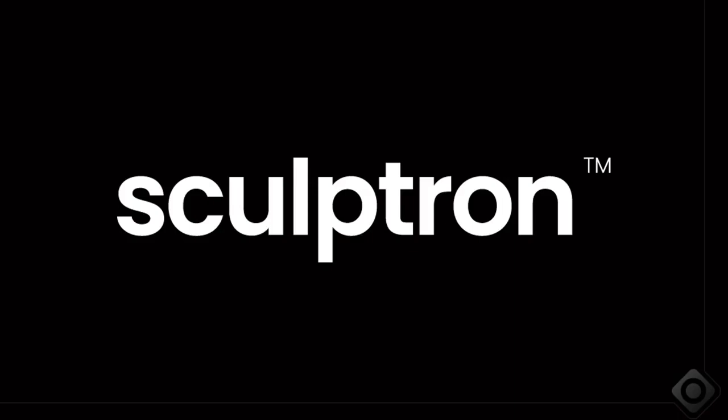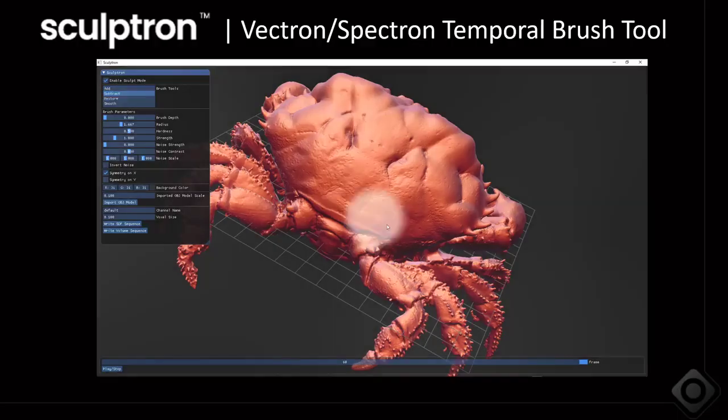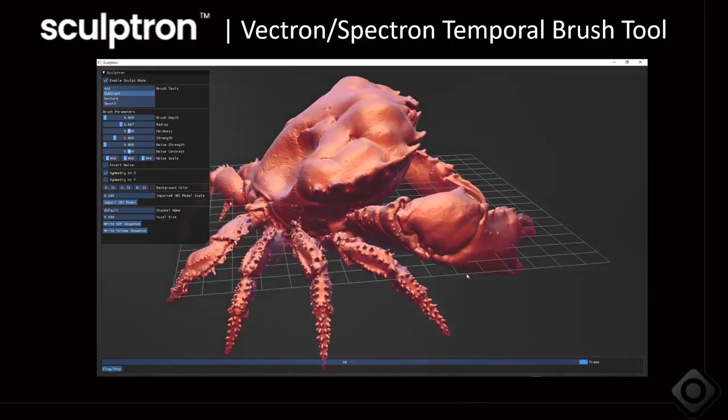I want to talk about Sculptron, which I touched on briefly before. Sculptron is out as an alpha in the last few months as a separate tool. It's going to become a full render module, so you'll be able to use it directly inside of Octane as a tool that can edit and sculpt and do all sorts of things. The alpha, as you can see here,